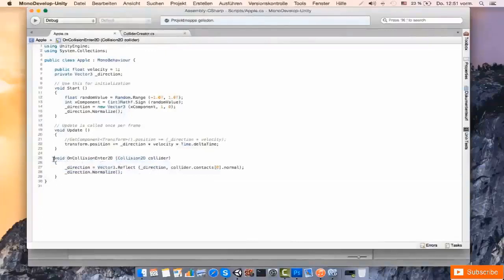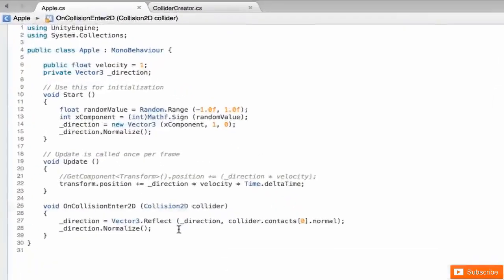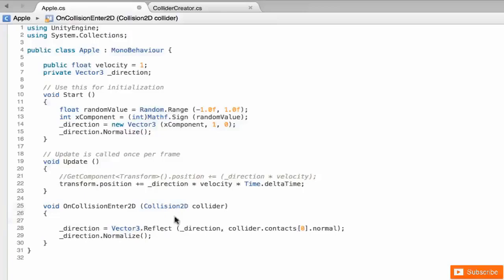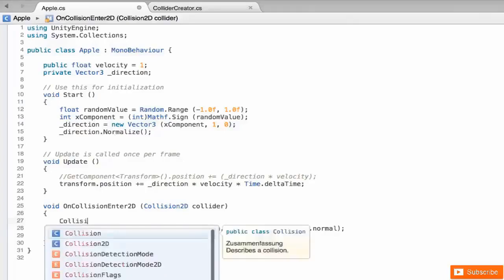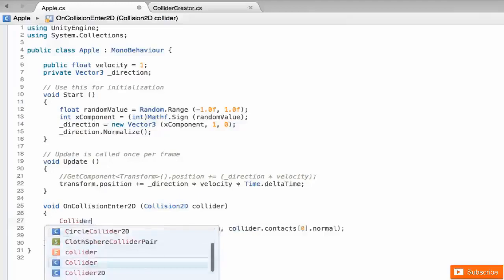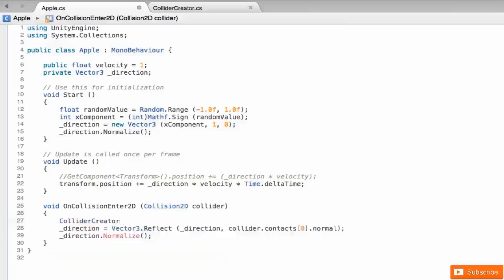And inside this function, what I need to do is I need to try to grab a reference for either the collision creator or the platform, and I can check if they are null. What we need to do first, before we do any reflections, we need to try to get a reference for the collision creator and the platform. So I'm going to try to get a reference for the actual collider creator, I think. Here it is. So I'm going to call it